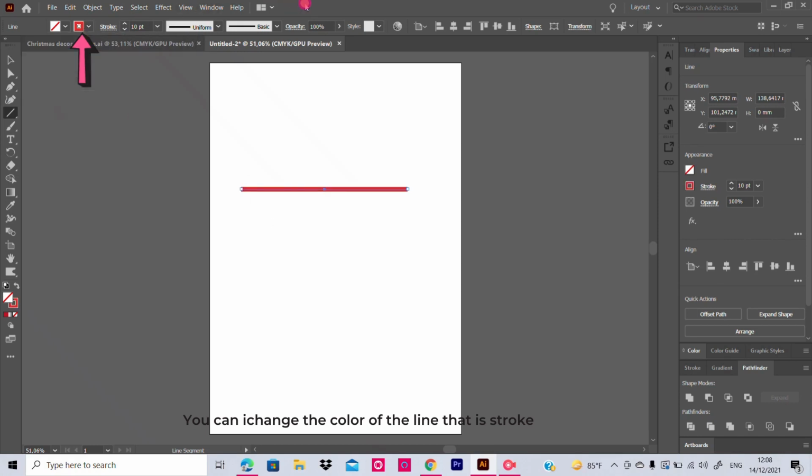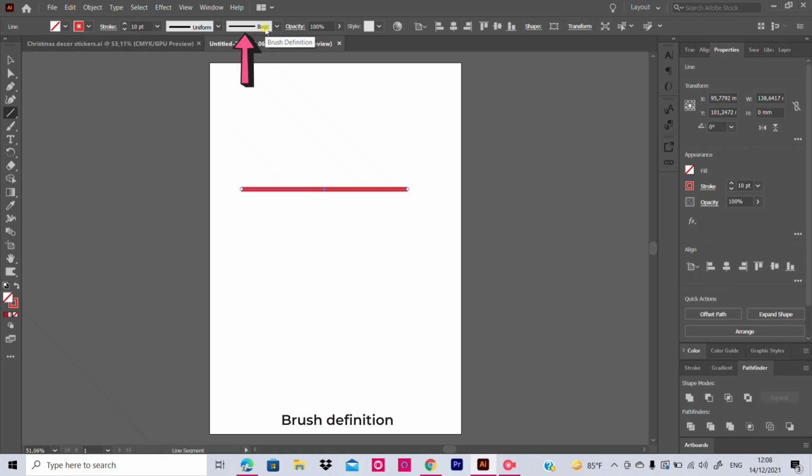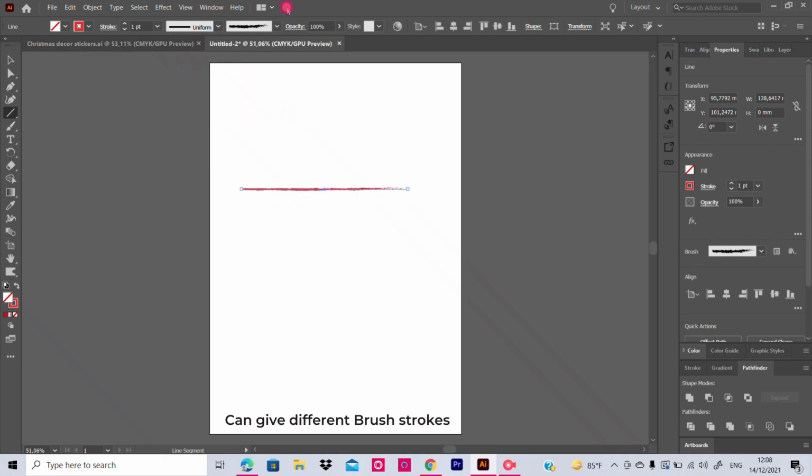Just click it. Then variable width profile, brush definition. You can give different brush strokes. Suppose I'm going in the properties in the more options.